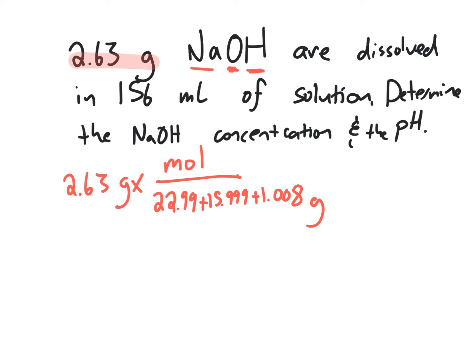So we're going from grams to moles. We start out with the given. It gave us the number of grams. We're going to convert it to moles by taking the molar mass, adding up everything on the periodic table. I'm going to add those all together on the calculator. I get 39.997 grams